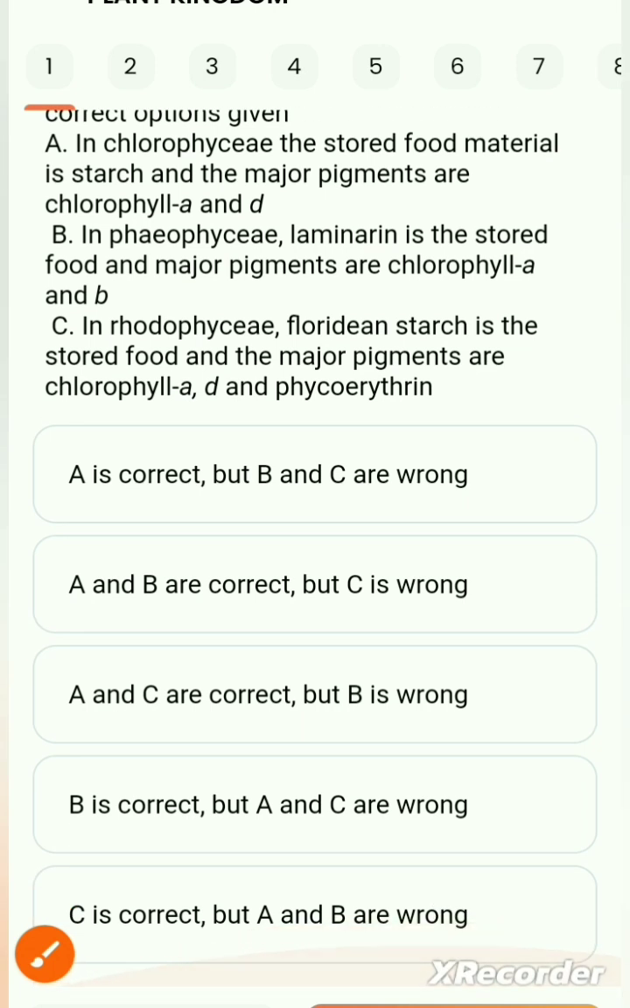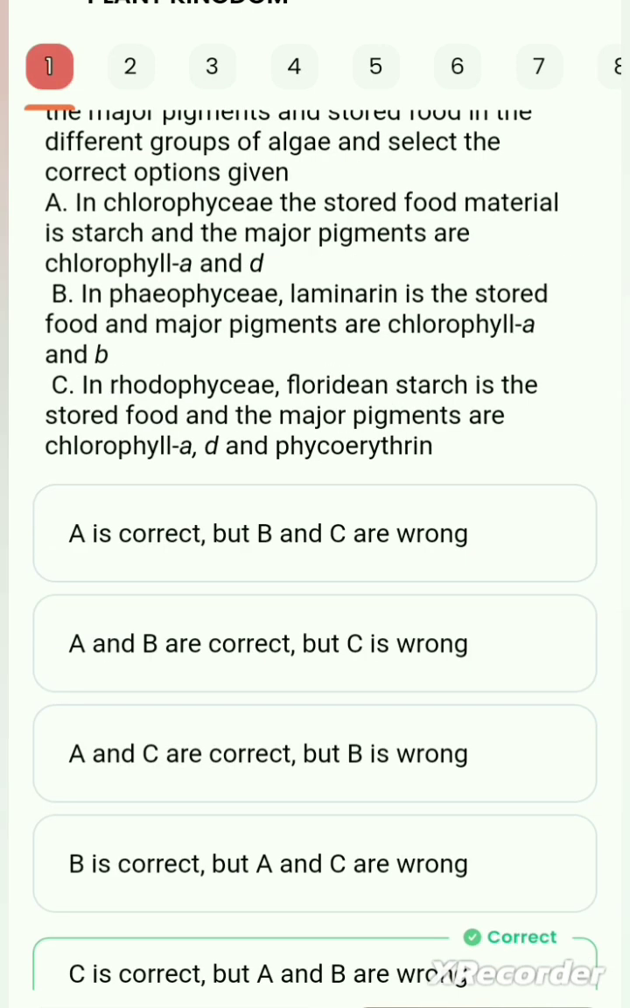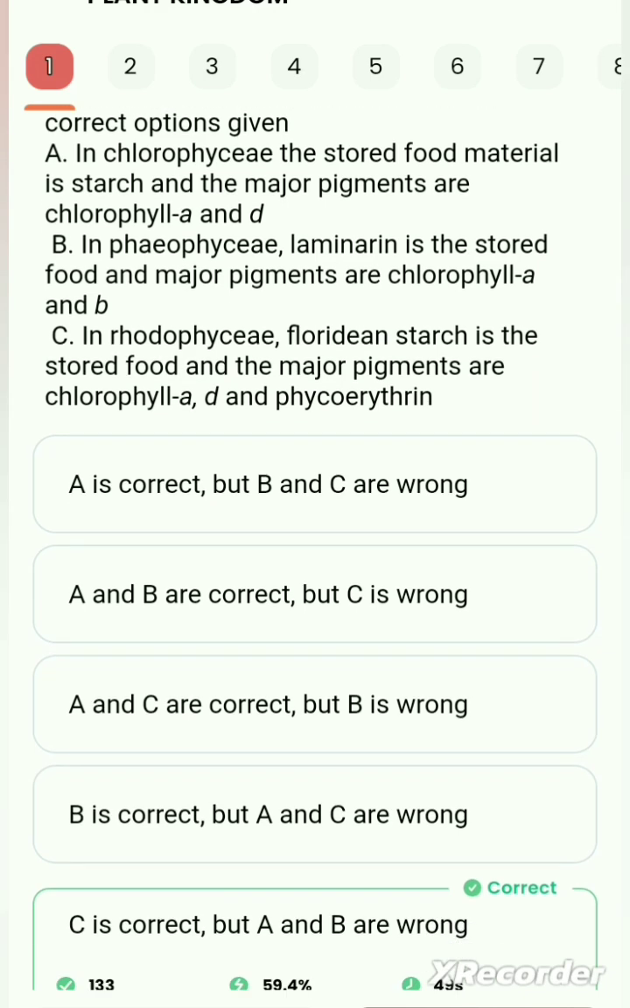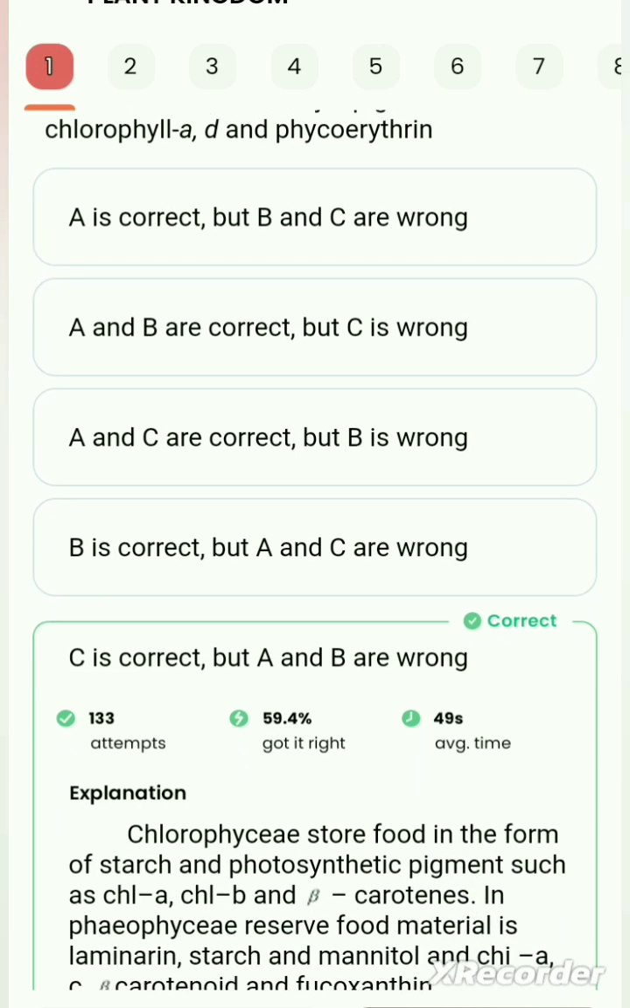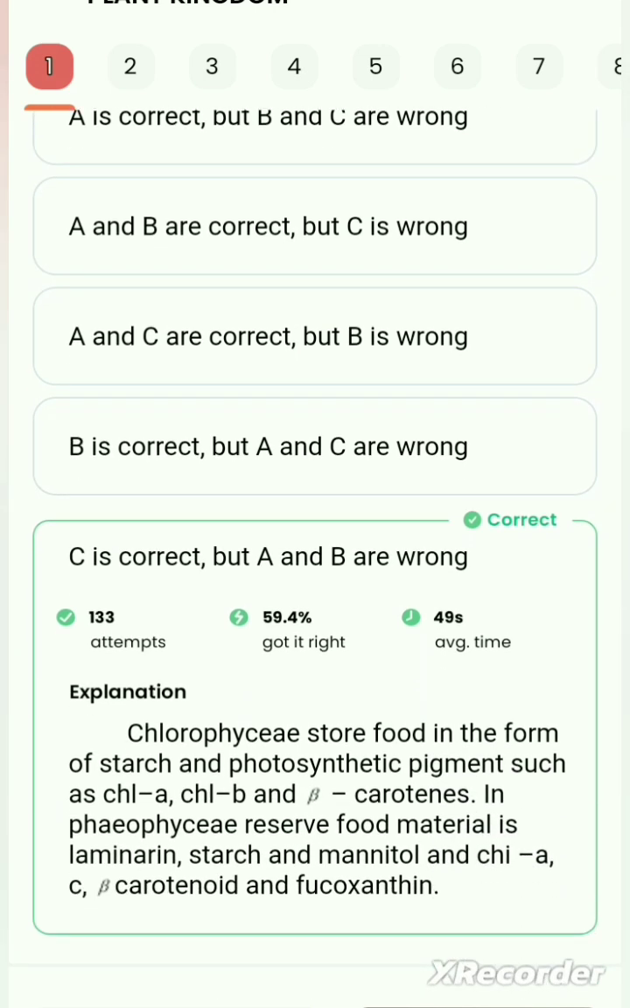So here they are mainly focusing on the food and the pigments which are present in the different algae. So the correct option is C. That is the rhodophyceae. The floridean starch is the stored food and the major pigments are chlorophyll A, D and phycoerythrin. Whereas A and B are wrong, because in chlorophyceae the pigments are chlorophyll A, B and beta